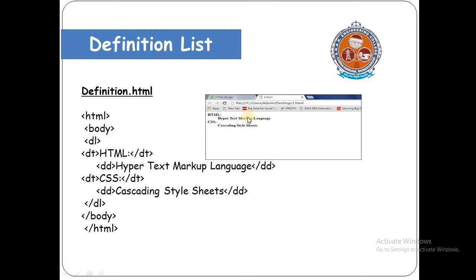Similarly CSS, so DD for defining the term, cascading style sheets. So these are the three main lists: the ordered list, unordered list, and definition list. This is one of the important concepts you can get in exams.